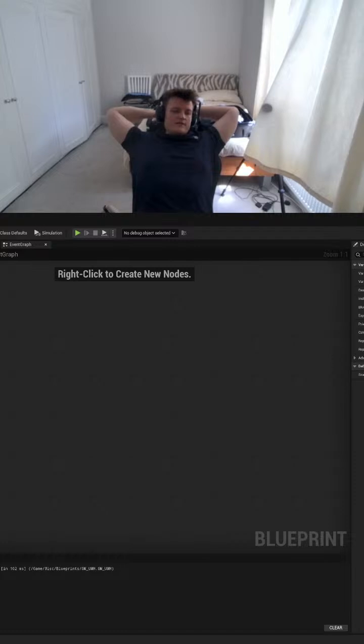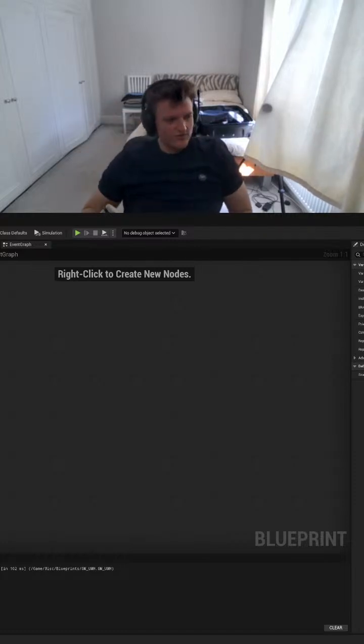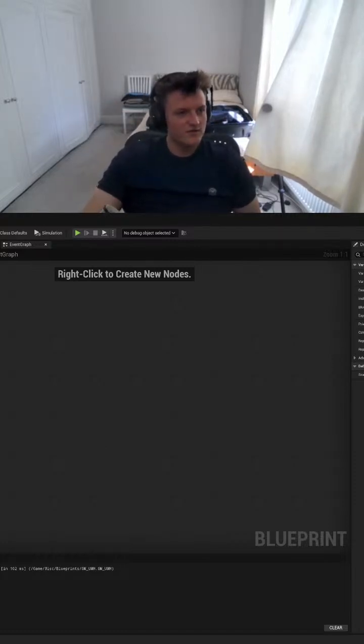I think I'll just leave it as an array. If we have to do a for each loop occasionally, I don't think it's the end of the world. So story events. Let's create function, which is